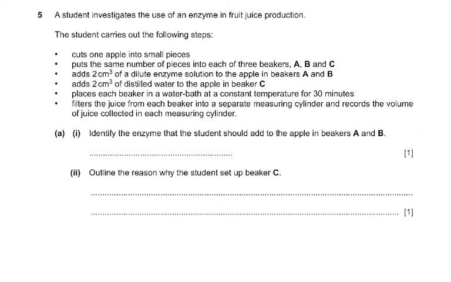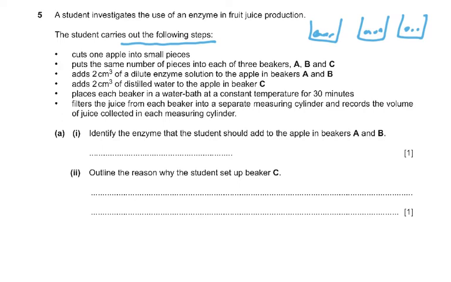Question number 5. A student investigated the use of an enzyme in fruit juice production. The student carries out the following steps. Cuts one apple into small pieces, puts the same number of pieces into each of 3 beakers, A, B, and C. Now there's nothing about the mass, but just cut into small pieces, and then put the same number of pieces in each of the 3 beakers. So we put in, say, 3 pieces here, 3 pieces here, and 3 pieces here,